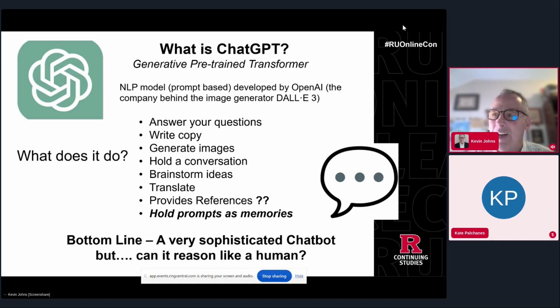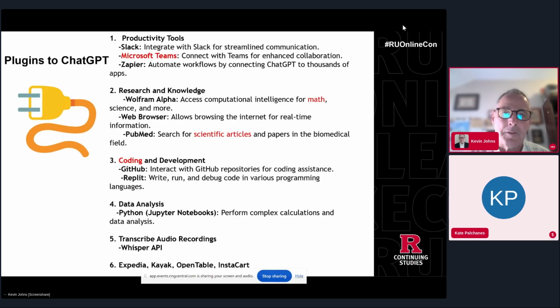Right now, I would say it doesn't have reasoning like a human, but do the folks who create the models want it to be at that stage? And the answer is yes. So as these iterations, as these next releases come out, more reasoning is going to be put into these things. And it's going to get to a point where, yeah, it can get pretty close in terms of human reasoning. That's the overall goal for these things.